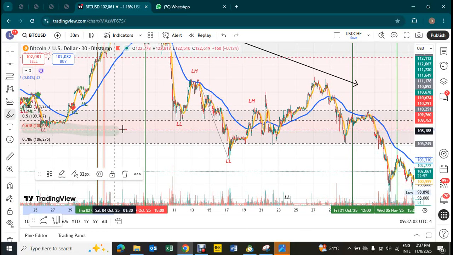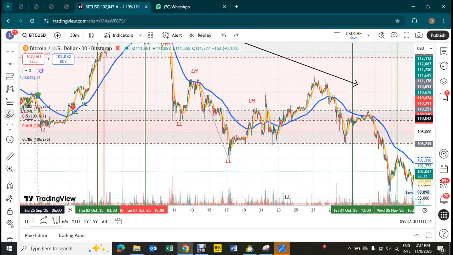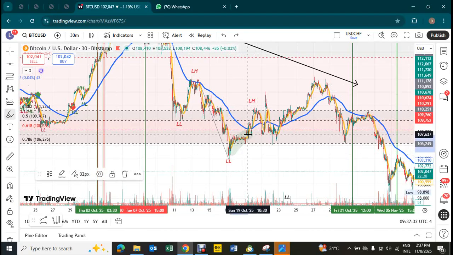When you see price get to this level, it means that's your LH. That means your price has given us a valid lower high. If you see price get to that 0.618 area using the Fibonacci retracement tool, it means that's your lower high and it's valid. As long as price has been able to move from here to this area, the 0.618, that's a confirmation